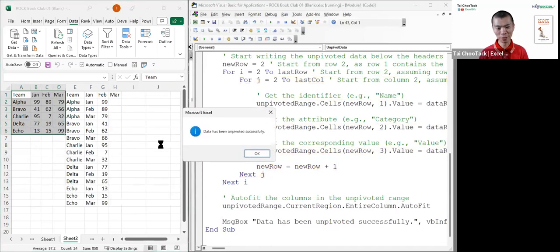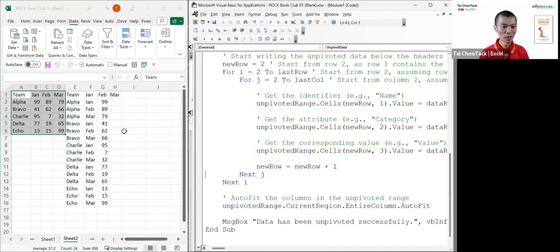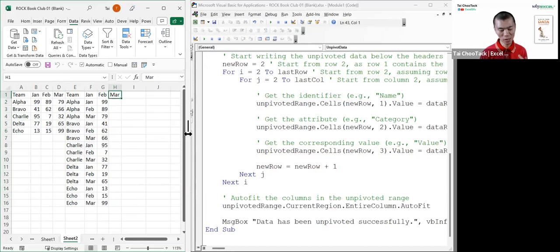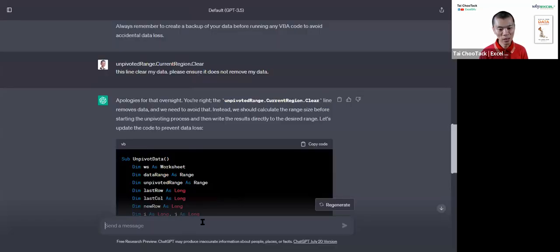I just press F5 to let it run. Now it gives me the result: Jan, Feb, March. March is not there, but it is there. If that happens, I will just go back and tell ChatGPT, of course, sometimes I want to acknowledge that the thing is working. Hey, this is working and need some help to ensure